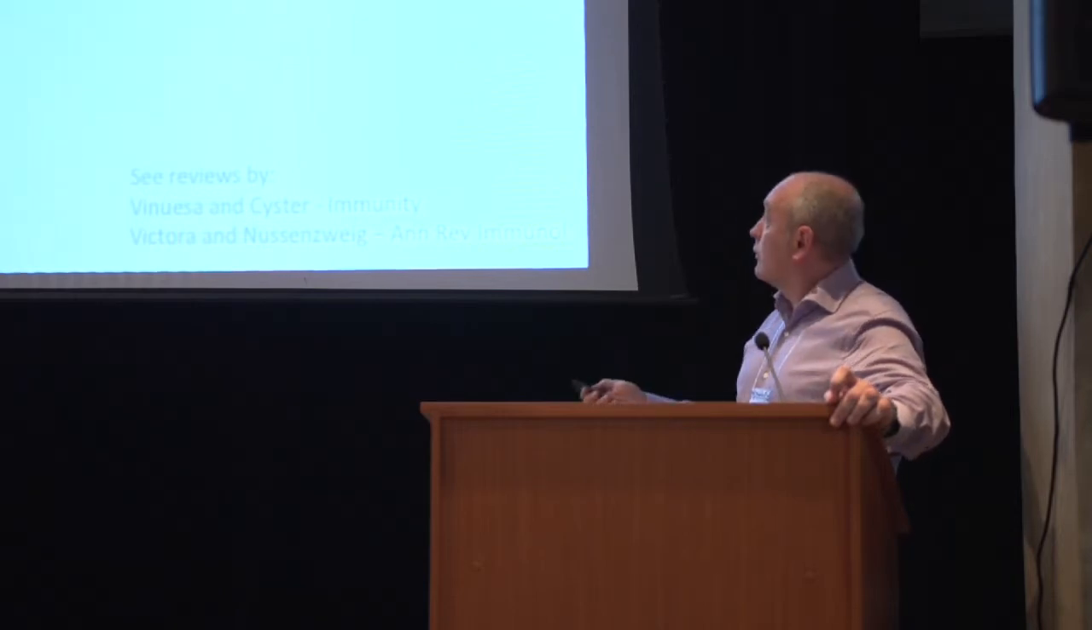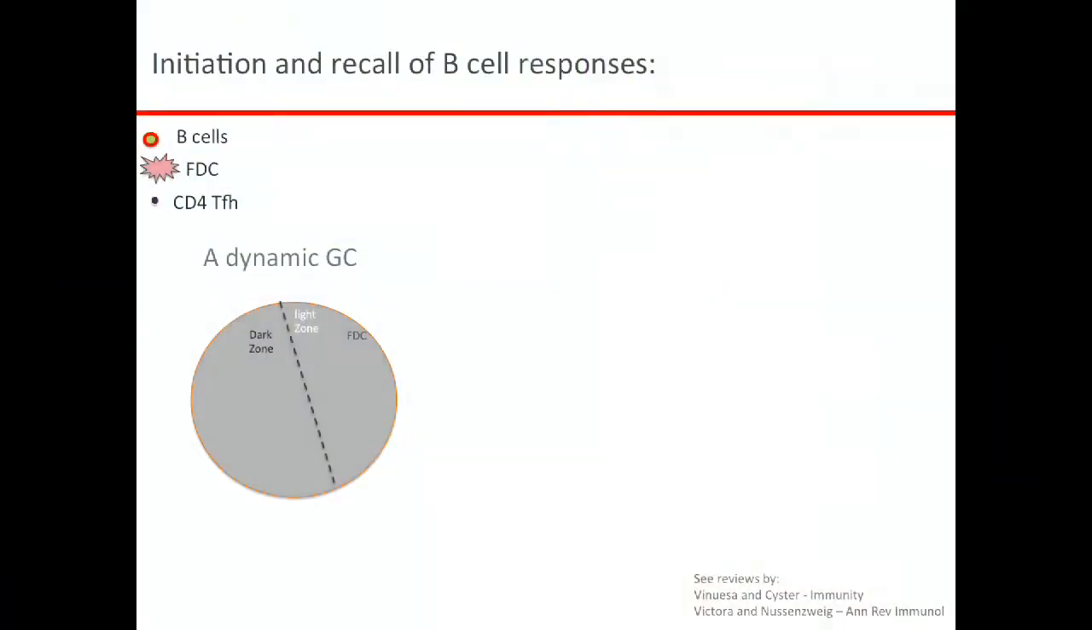How do we use this? Oh, there we go. This is the initiation and recall of B-cell responses. Clearly this is a simplified version of a germinal center, where the main players are the B cells, the FDC that presents the antigen to B cells, and the CD4 TFH, which you've heard a lot about today. The CD4 TFH are very important in this context, as once the antigen gets presented to the B cells,